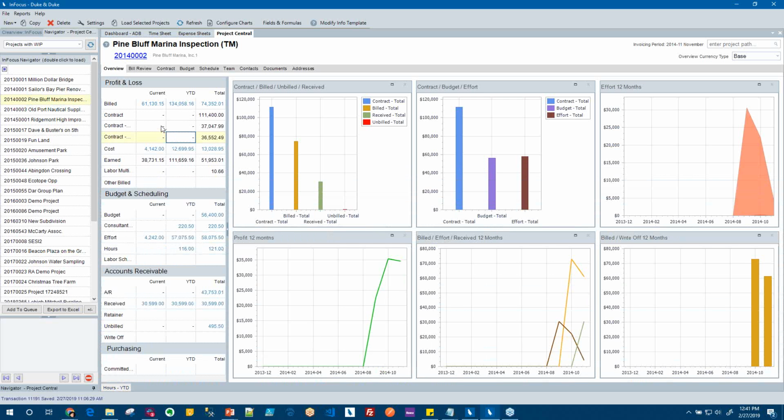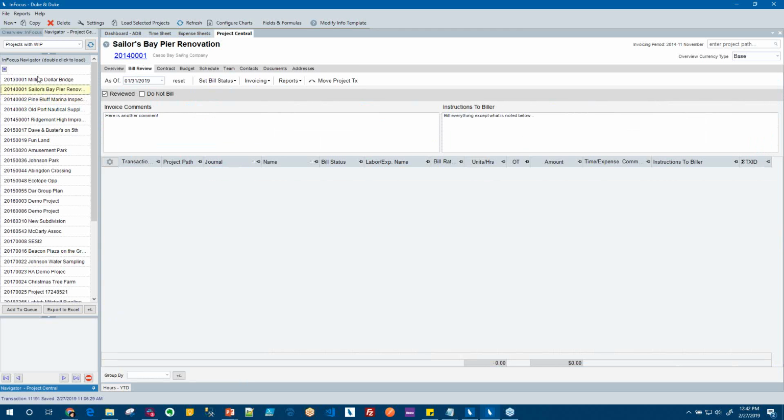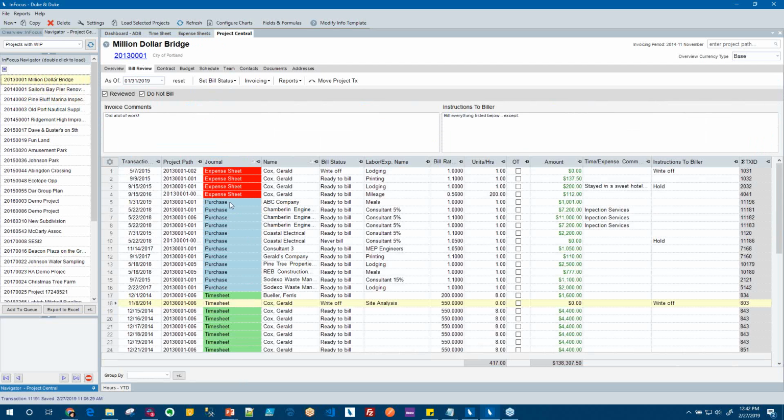So that's the first tab of this screen. Very useful. You can get insight on your projects, where they're at. This is also where we can do bill review for project managers. When I click on a project, I'm going to see any unbilled transactions related to that project, and I can